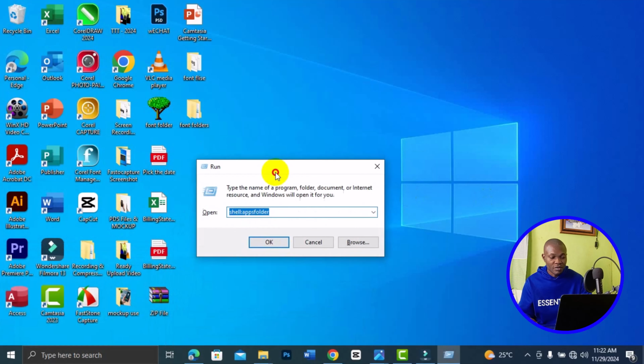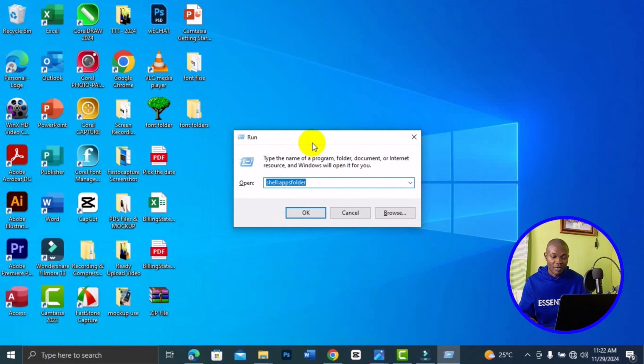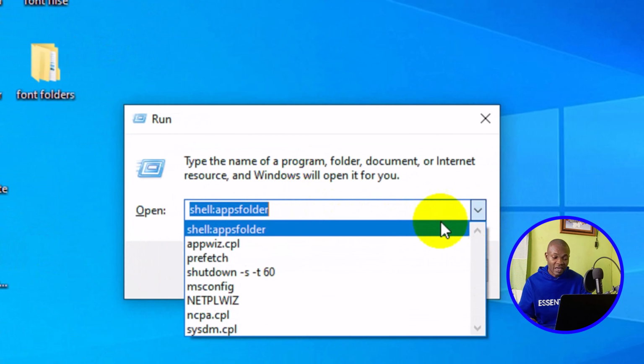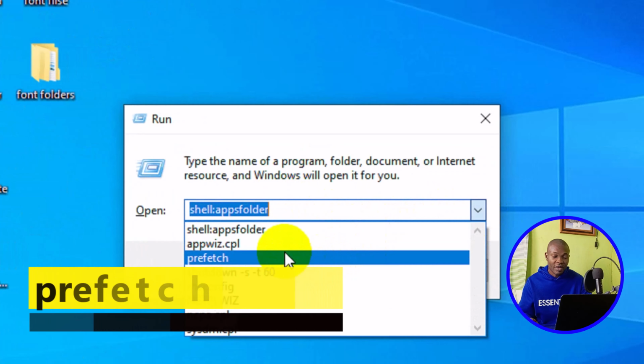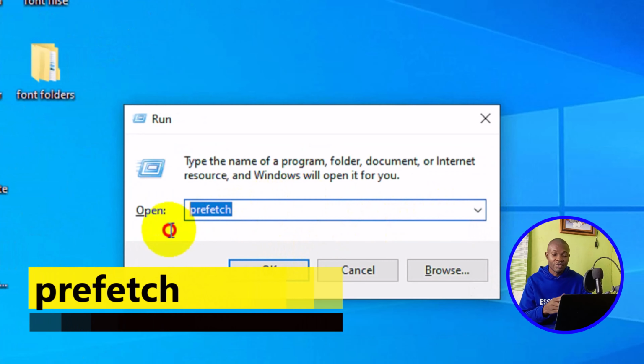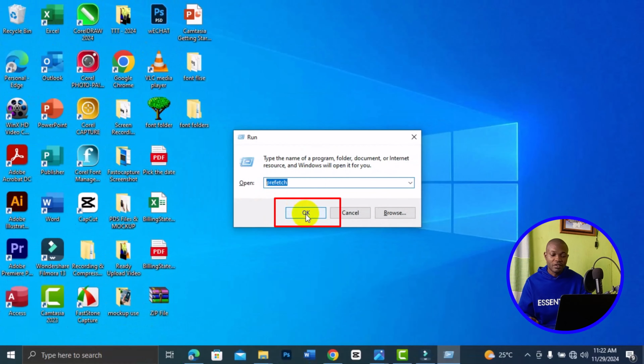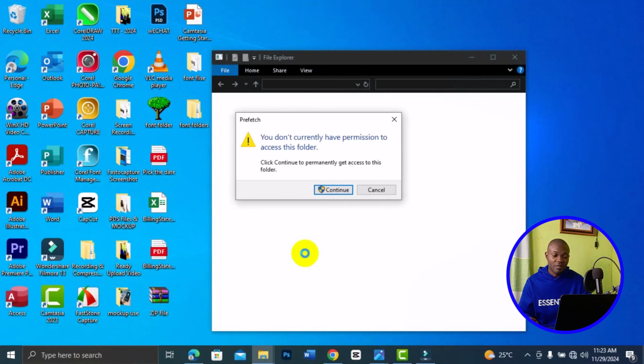Next thing you want to do is to simply navigate to this particular point right there. Click on here and make sure you click on select prefetch, or better still you can type in prefetch into this particular box right here. Then the next thing you want to do is to simply click on OK, and this is going to pop up. Next thing you need to do is to simply hit continue right here,